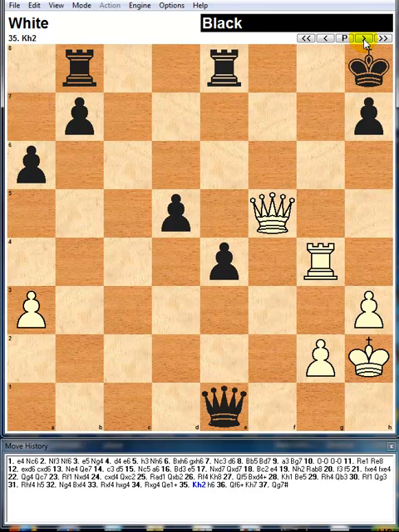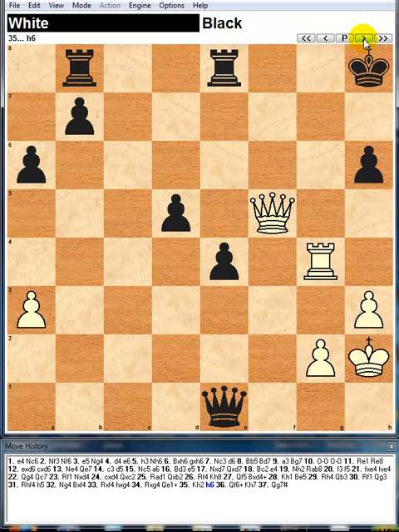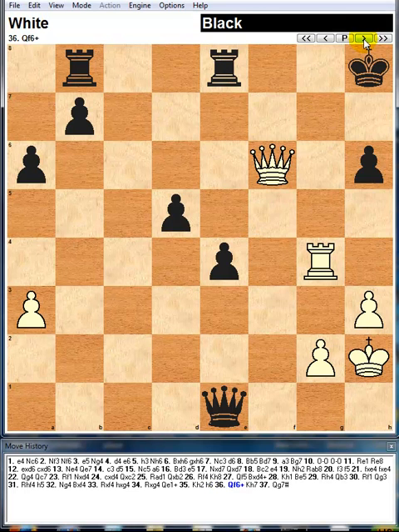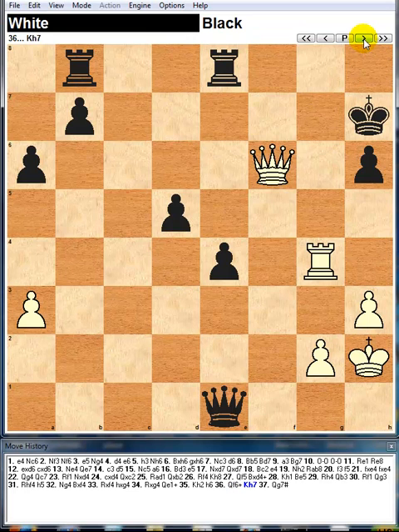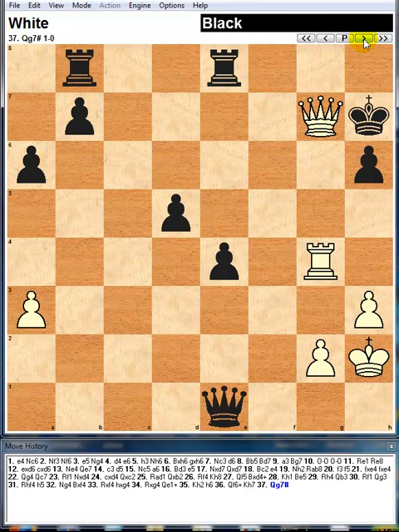And now I really do hope to go against the black king with my queen and rook, and hope that the black pieces are all out of position. Black here now plays pawn to h6, trying to make some space somehow for his king to move to. I don't know if he had any better moves, I'm not certain, but I can now play a good move, queen to f6 with a check, and black can't move on the g file because my rook is on the g file, stopping that. He can move to h7, but now I can simply move queen to g7, and that's